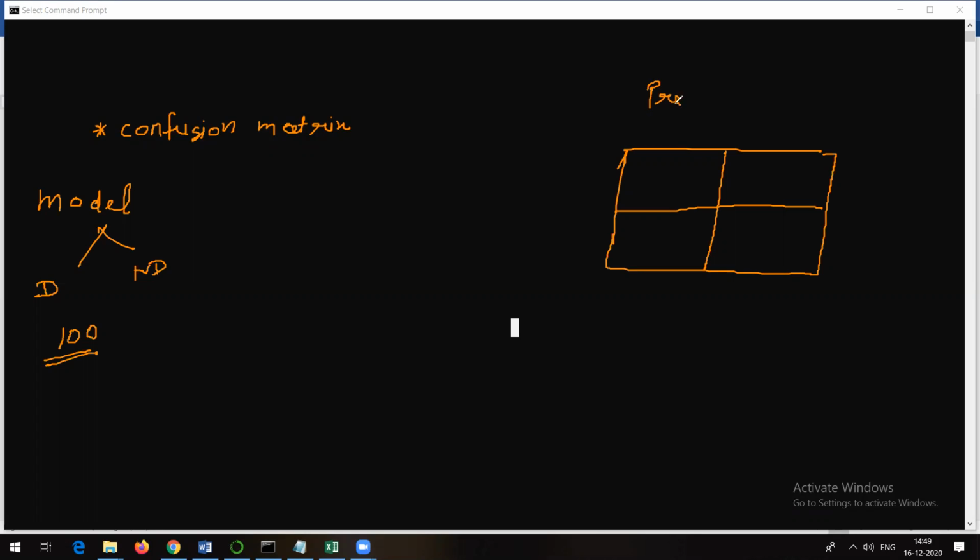This vertical axis is showing predicted values, the prediction by your model. Whatever the prediction by your model, it is showing. And this row is showing actual values. So this is diabetic, actual diabetic, predicted diabetic. Predicted non-diabetic, actual non-diabetic. Or maybe you can take it as 0, 1, because the basic requirement